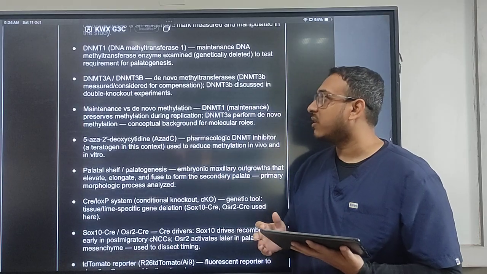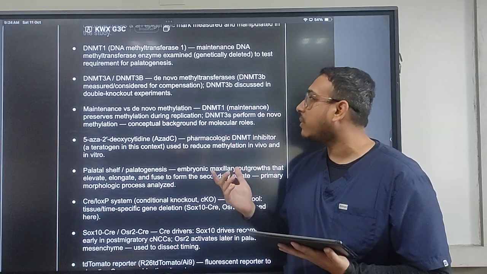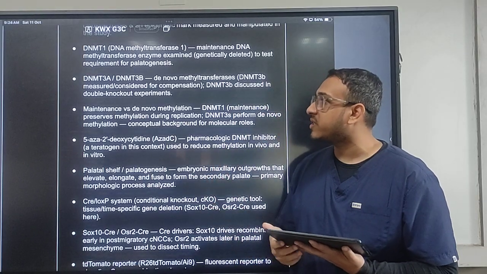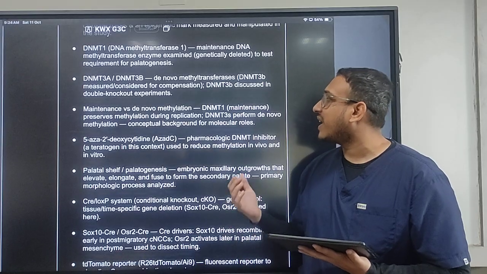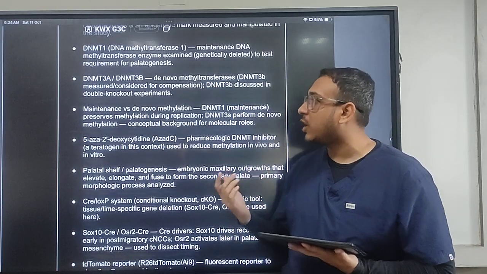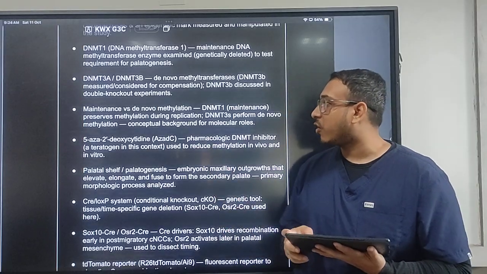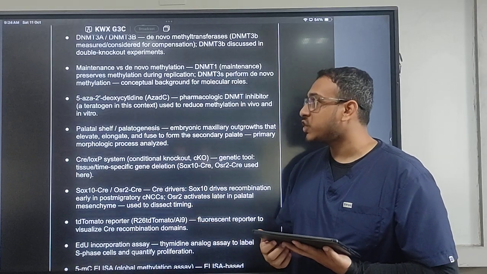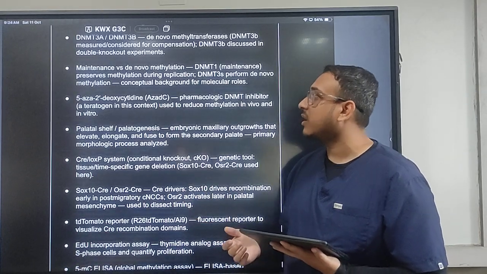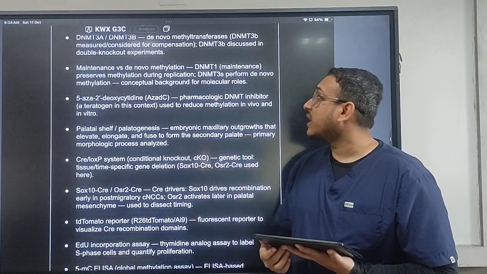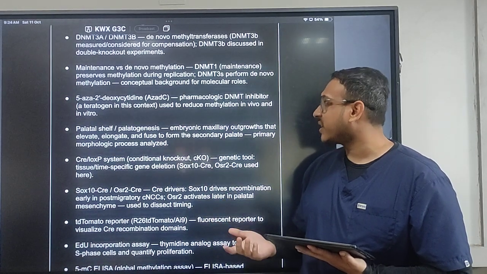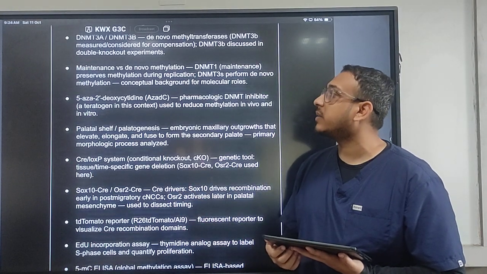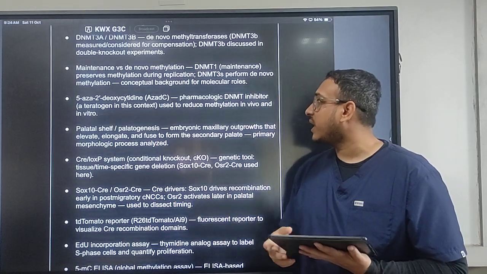The maintenance versus de novo methylation: DNMT1 is the maintenance enzyme. It preserves the methylation during replication, whereas DNMT3 performs de novo methylation. That is the conceptual background for molecular roles. The 5-aza-2-deoxycytidine, that is AzadC, is a pharmacologic DNMT inhibitor. It is a teratogen in this context, and it is used to reduce the methylation in vivo